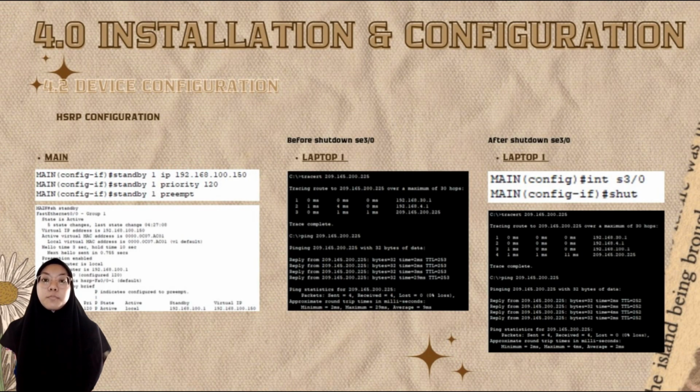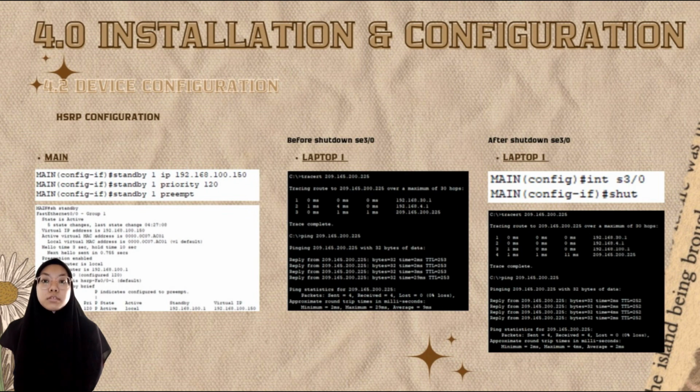Next is HSRP configuration. At the core layer, we prepare two routers for the service, which are backup and main. This is the configuration we do at the main router. After that, we test the service. For example, we use laptop 1. At the command prompt, we trace to the RP loopback, and the path it uses is the normal path.